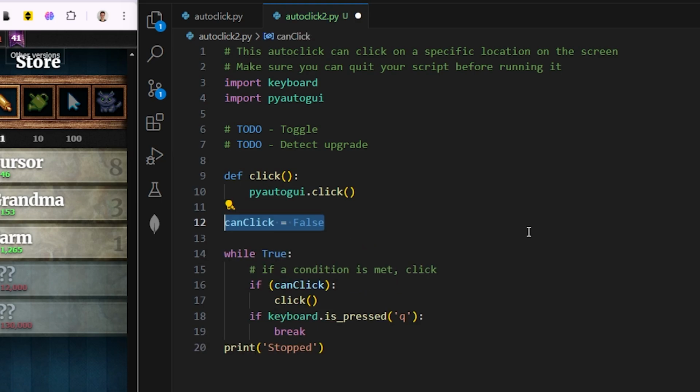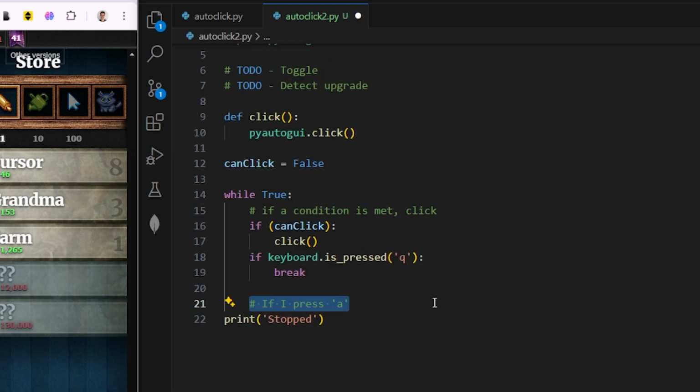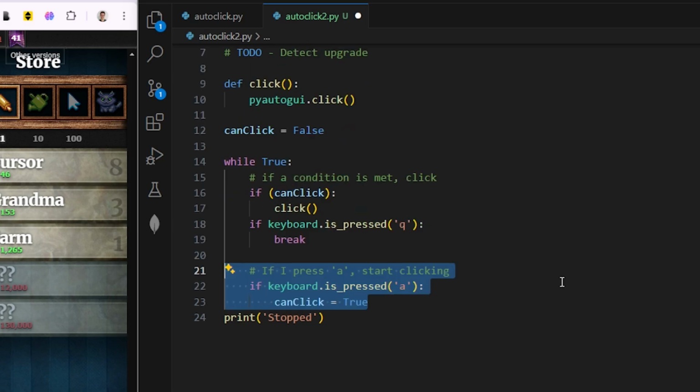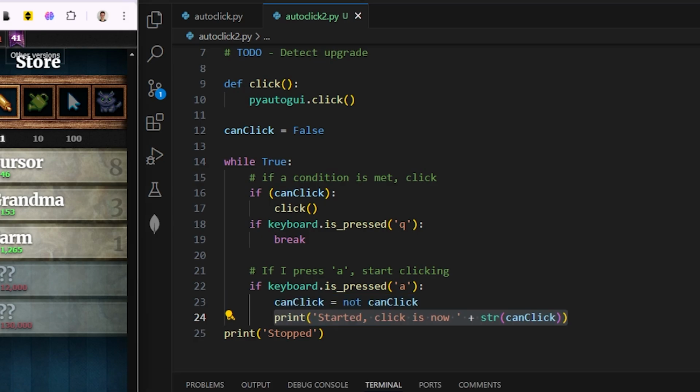At the beginning of the script I don't want it to be enabled, but if I ever press A, I would like to enable it. Easy, right? And here is the code for it. But this version is even better, because whenever I press A, it will start clicking, and whenever I press A